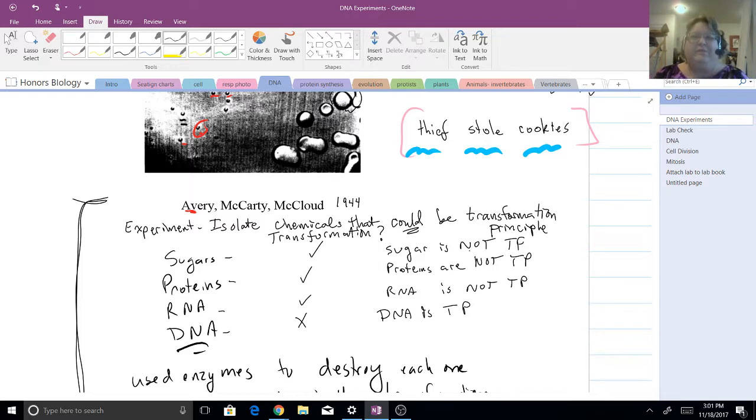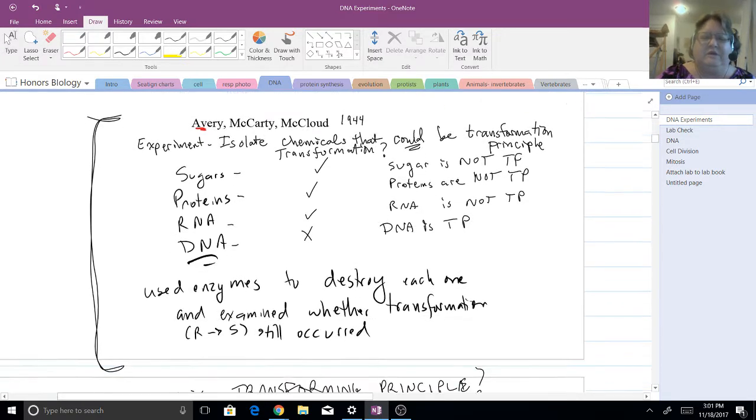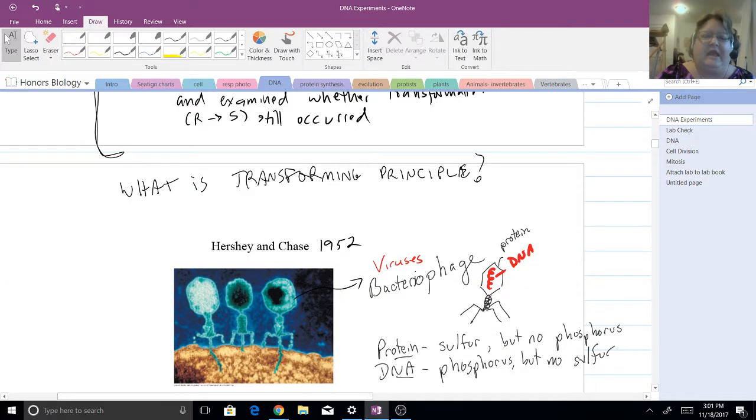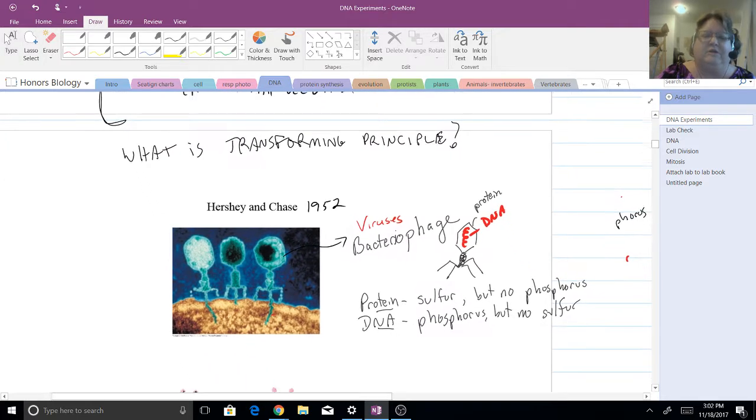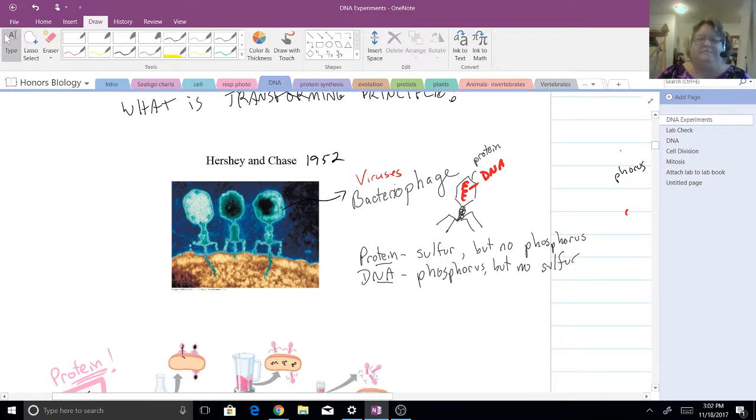And so people were resistant to the idea that DNA was a genetic material. And so there's one other experiment we want to look at, and there is still this question: what is that transforming principle? And so along comes Hershey and Chase, a man and a woman, Martha Chase. And along they come in the 50s, and they use a bacteriophage. Now, a bacteriophage is a virus, and this is the time in history where we're getting a fairly good understanding of viruses now, and so we know what they are.